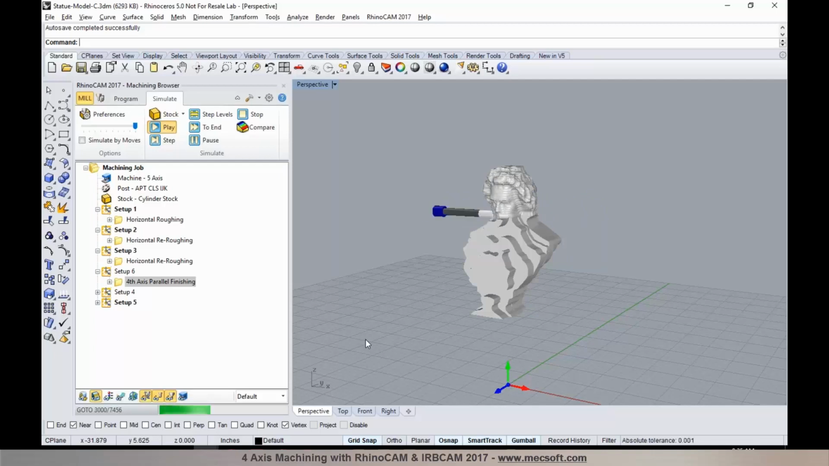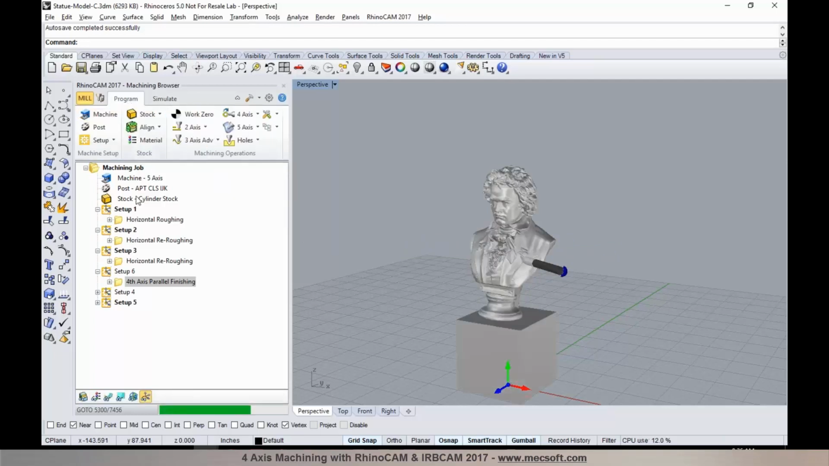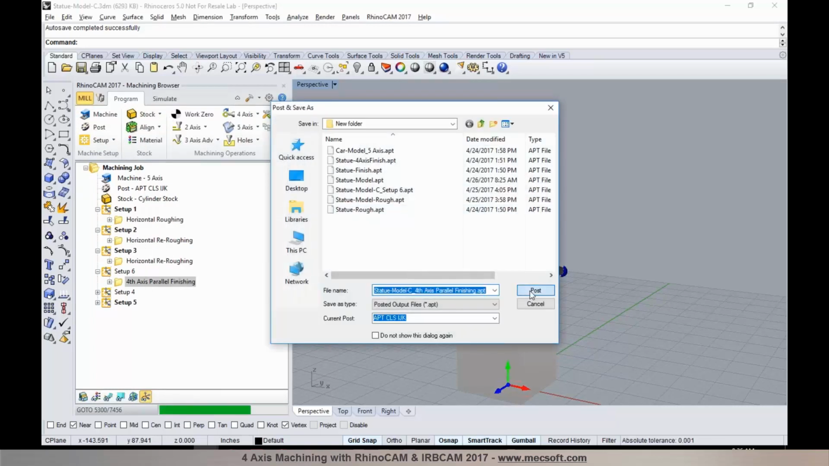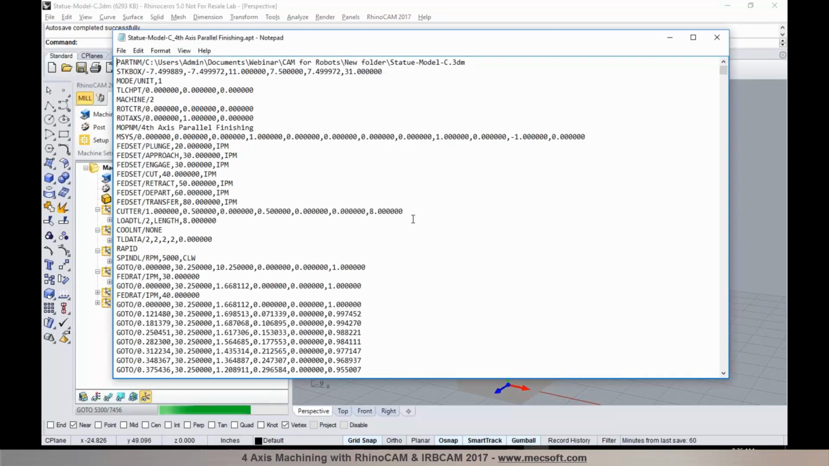So once you have these 4-axis toolpaths programmed in RhinoCAM, you would go ahead and post-process these out to APT CLS from RhinoCAM, and then we will transfer the APT output from RhinoCAM to IRBCAM and configure the station and configure the targets. So at this point, I'm going to hit pause to pause the simulation, and I'll post-process this output into IRBCAM. So I'm going to post it, and there's the posted output file,